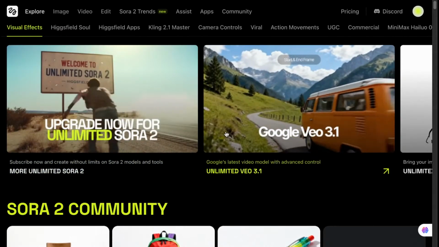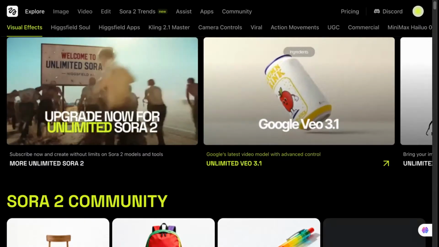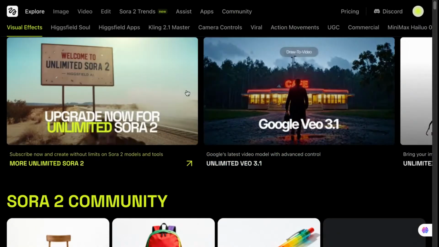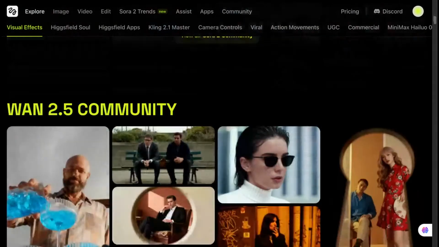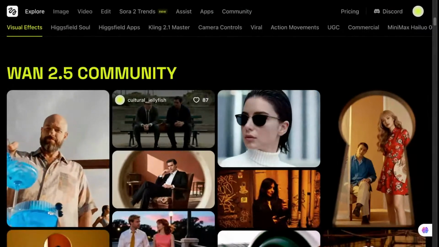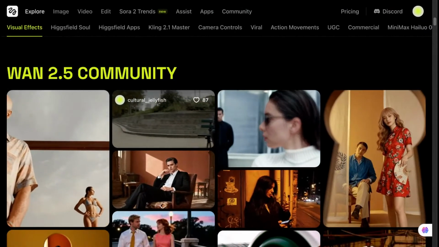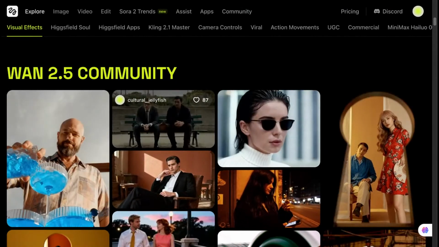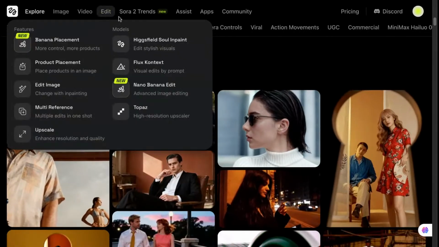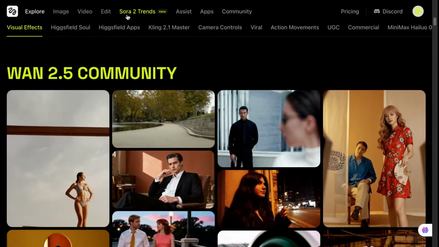Higgsfield is great, not just for Sora, but for so many other workflows when you're trying to do AI video or AI image. You're going to get a lot of runway out of Sora too. Super helpful, because if you notice with any Sora videos,